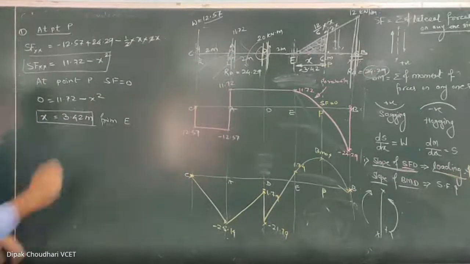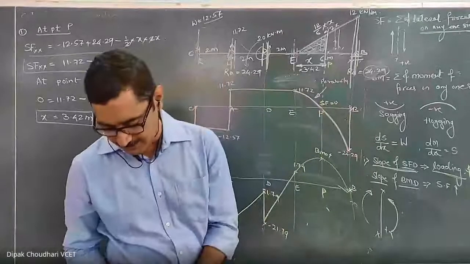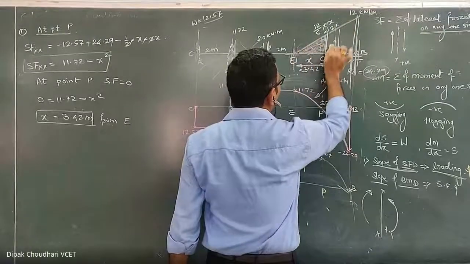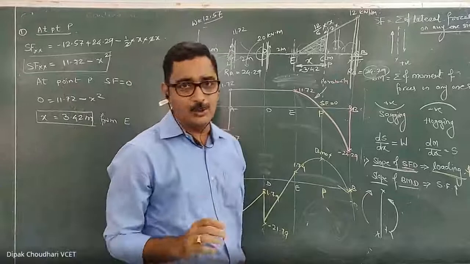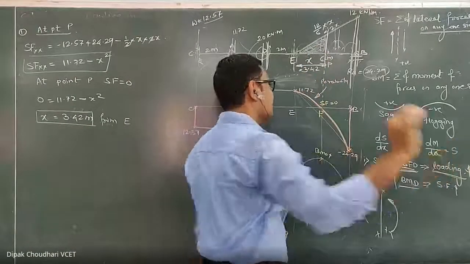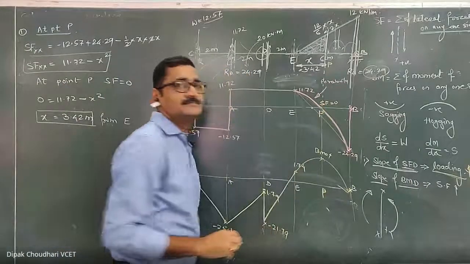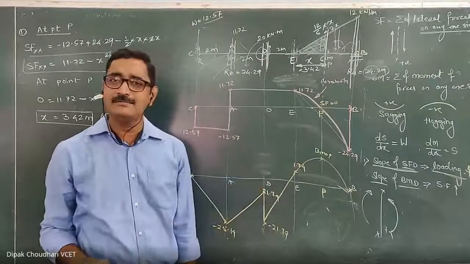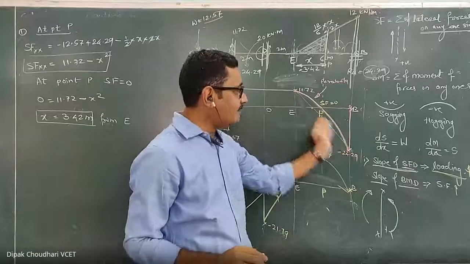Here I have written the equation of shear force because it is a parabola. Listen carefully. Now, suppose instead of that UVL, there would have been a UDL. If there would have been a UDL from E to B, what will happen? If there is a UDL, this would have been a straight line. Isn't it? Here, similar point you will get it here. You need to calculate the position of that point, you need to calculate the maximum bending moment. Everything is same. Only the difference is that instead of the parabola, there will be a straight line.